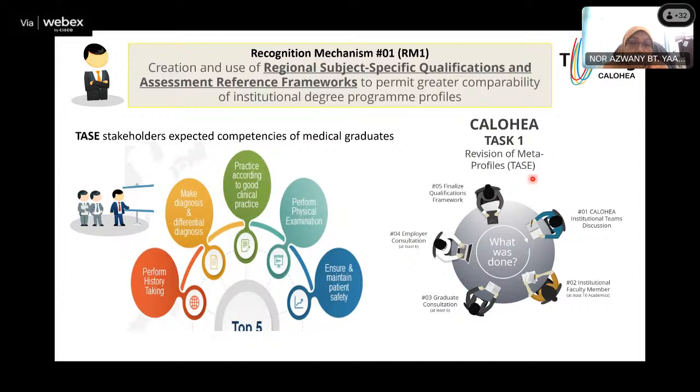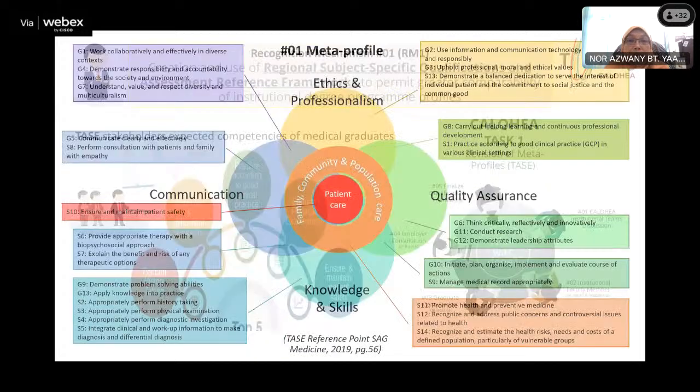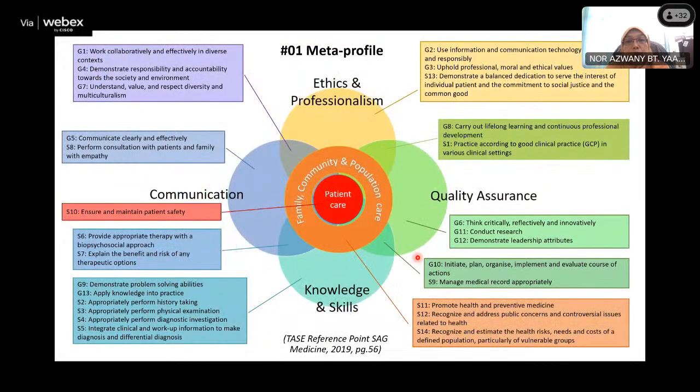And as mentioned by Prof. Tasia, we discussed back in our participating institutional team. Then we go back to each university and consult our academicians, graduates, and employers. So this is the first meta profile that we produce from TASE, whereby we think that the competency of medical